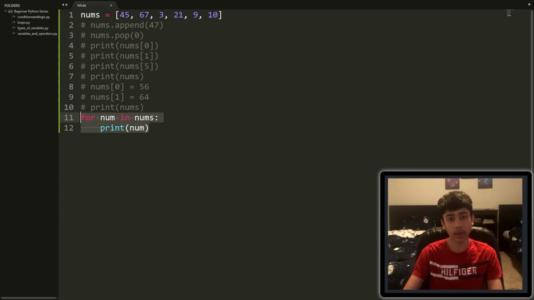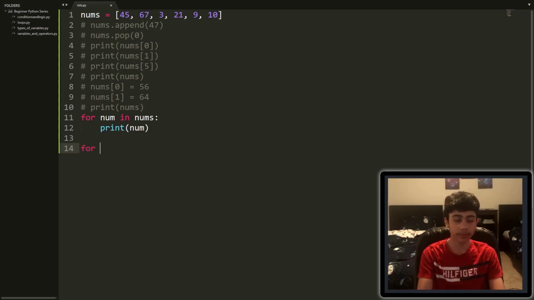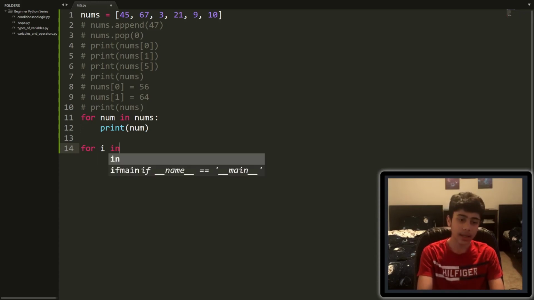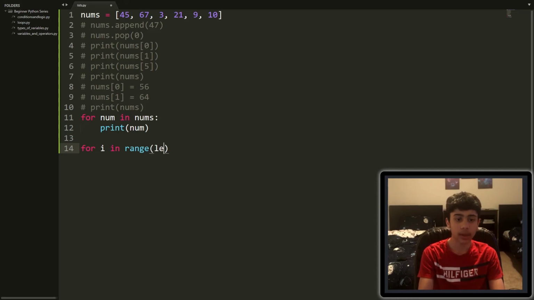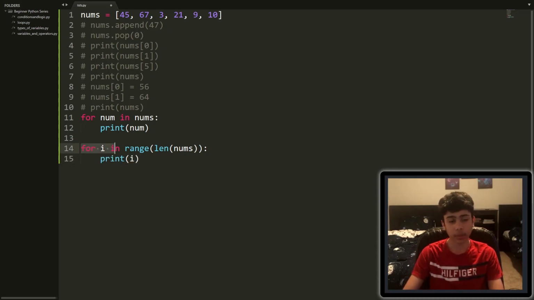Now this is one way to go through every num, but another way is actually to go through every index and get the index where each num is located. So let's say for I in range len nums, print I. So here we're creating a for loop, and we're saying for every variable I inside of the range